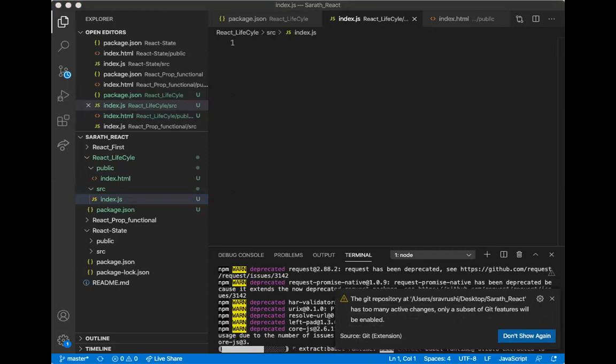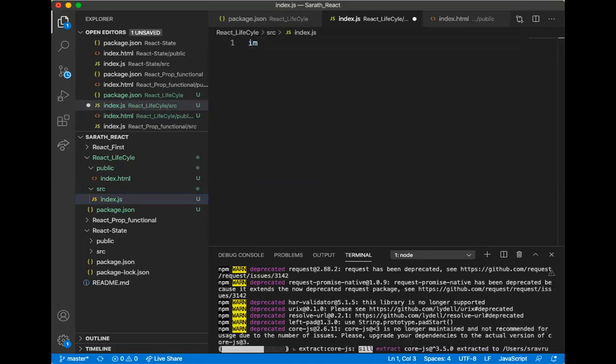In this index.js, I am going to import React from React, and the next step is import ReactDOM from react-dom.